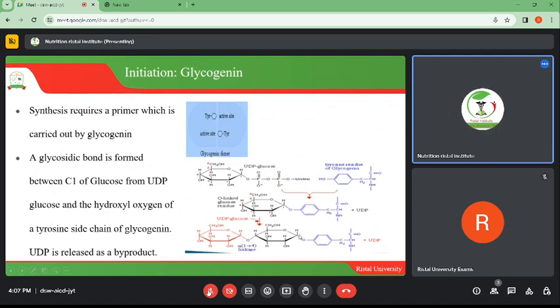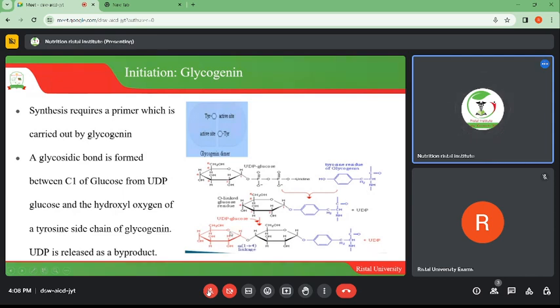on the carbon 1 of the glucose molecule, and form this bond, and forms this very first glucose molecule. This forms what you call the primer, and then after that we need to bring in, now what happens next